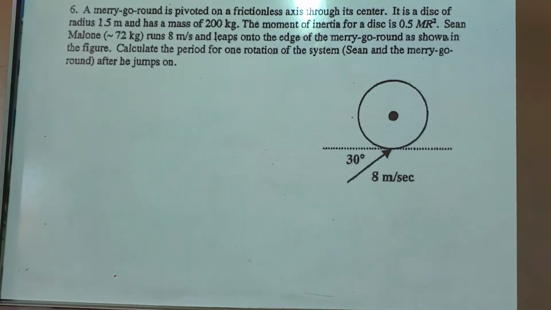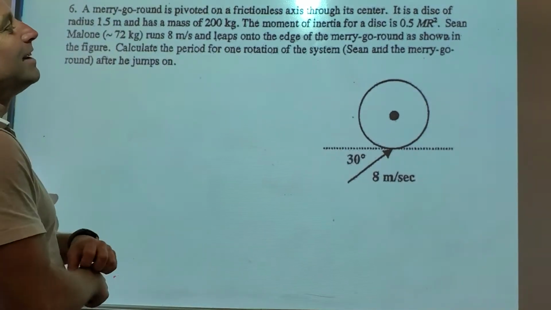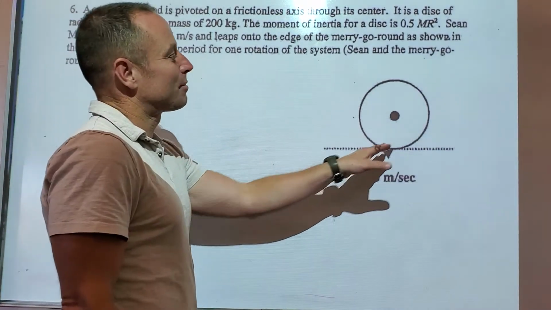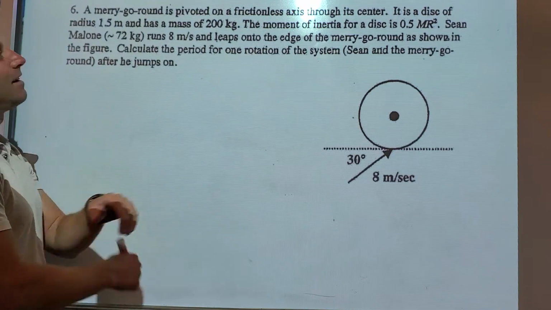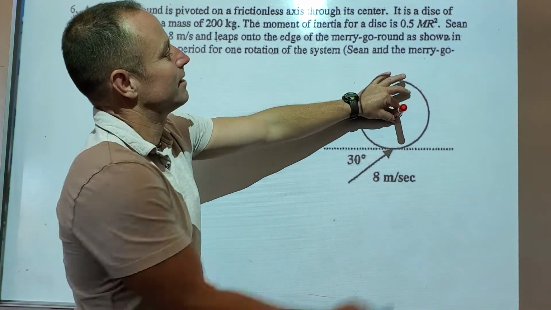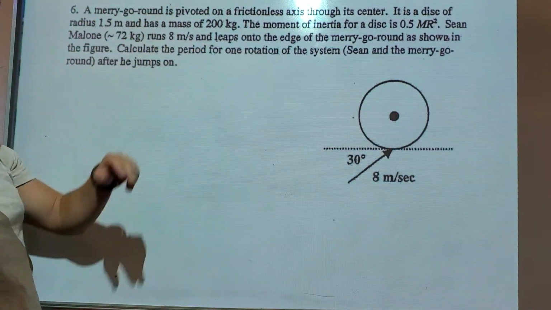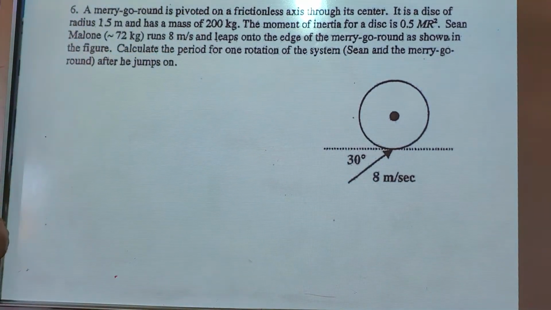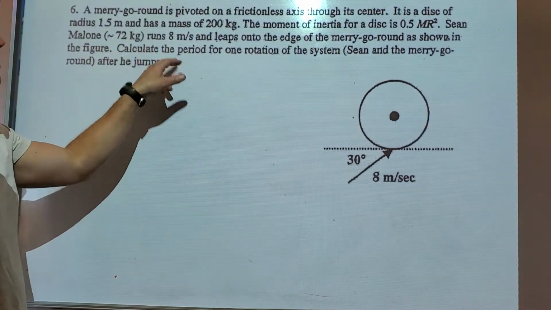All right, now that we're awesome at finding angular momentum of something moving in a straight line, let's combine a few things here. This is supposed to be a problem about a kid jumping onto a merry-go-round and getting it to spin. It says a merry-go-round is on a frictionless axis through the center. So here's the axle there, and the thing's going to spin like this. It gives us how big it is, radius and mass, and the moment of inertia of a disk happens to be 1/2 mr squared. And a former student of mine, Sean Malone, 72 kilos, runs 8 meters per second,